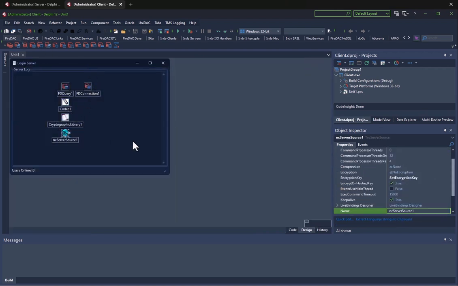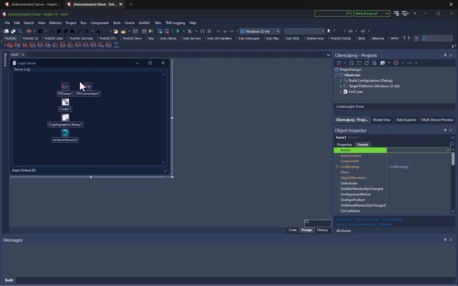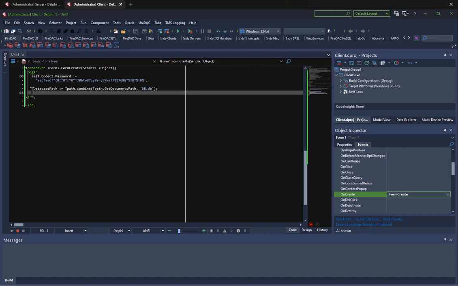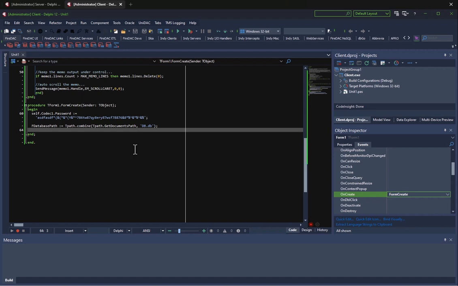So whenever the client makes a connection, let's go ahead and do that here, okay? Actually, better yet, let's go back to what we were doing on the create. So we have our database path, okay? So this is where we left off, right? So now what we'll do is that we have the path. We're going to log a message, which is why I just wrote the log message procedure, right? So we're going to say the following: log message, and our message, we say server